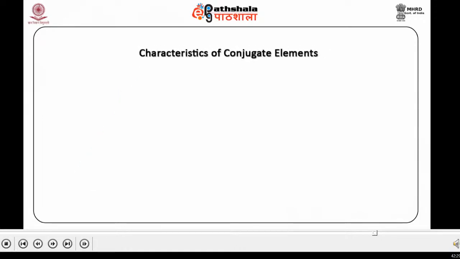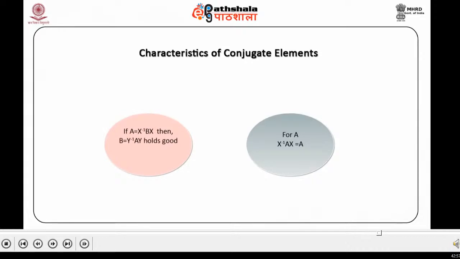The characteristics of conjugate elements are as follows. Every element is conjugating with itself, which means if we take element A, then it must be possible to find one element X in the group such that X inverse AX equals A. If A is conjugate to B, then B is conjugate to A, that is, A equals X inverse BX, then